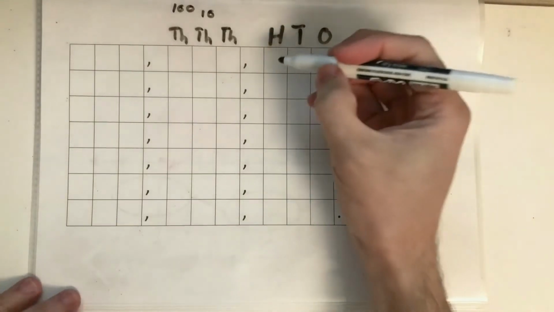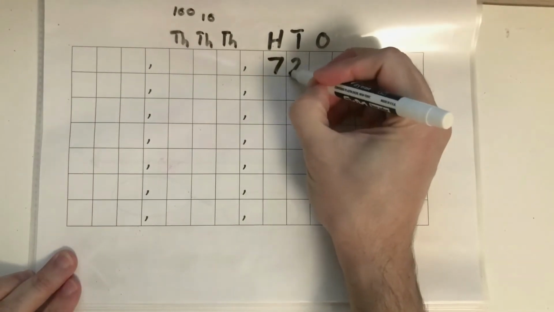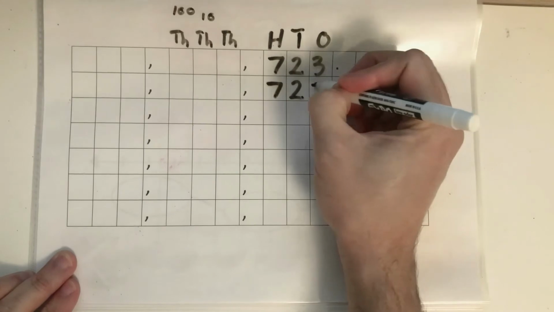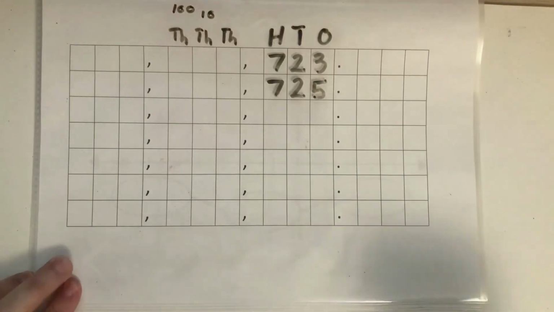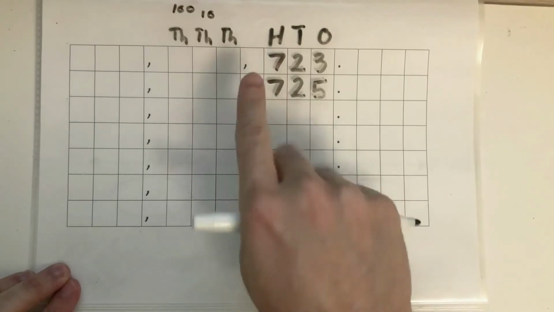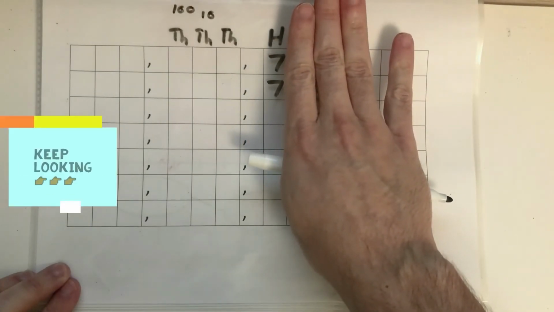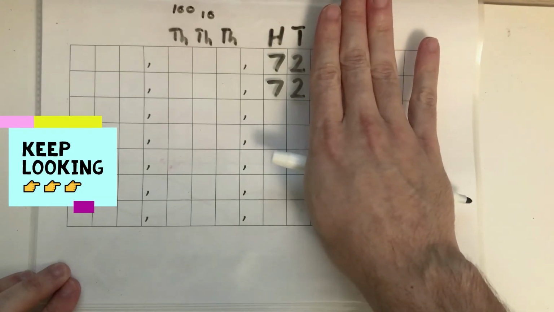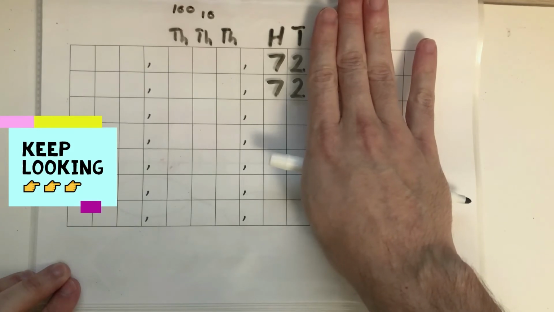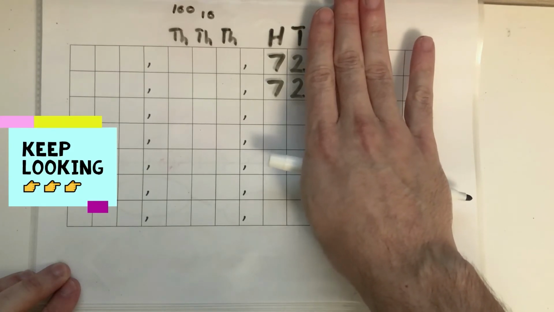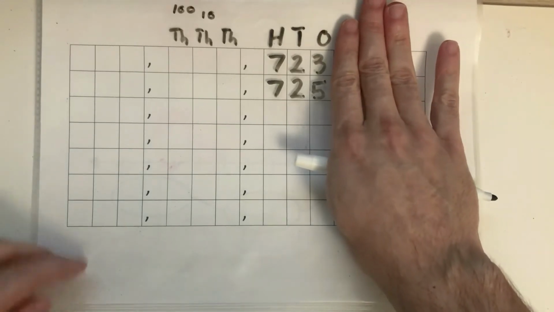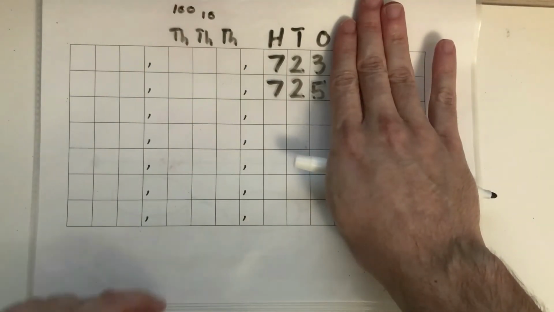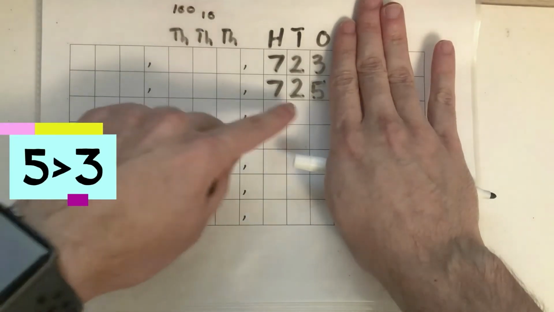Last one. Let's say 723 and 725. We look at the largest place value, which is the hundreds. Both have a 7 on the hundreds place value. So we move to compare the tens place value, but in this case, they both have a 2 on the tens place value. So we keep going, and then we look at the ones place value, and then we have a 3 and a 5. We compare those two numbers. 5 is greater than 3, so that means that